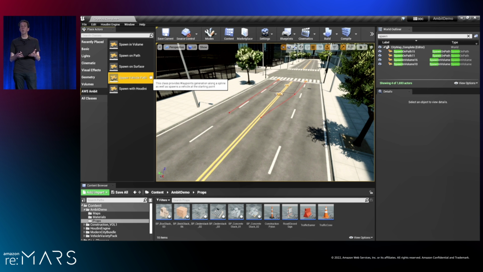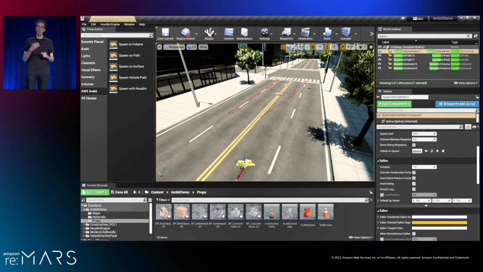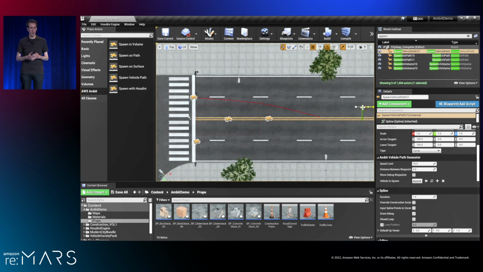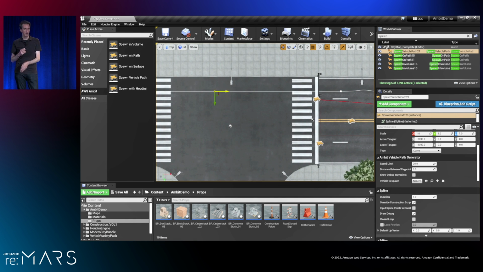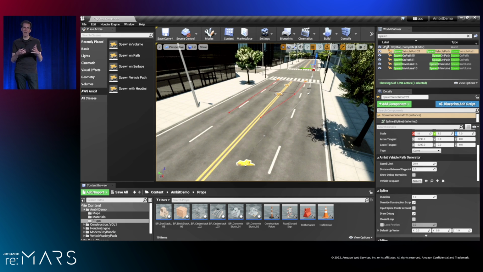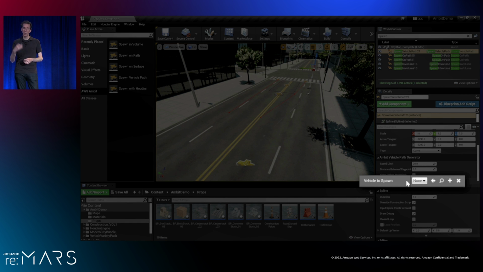So we wanted to make it really easy to create scripted traffic scenarios, and that's where the vehicle path tool comes in. So we're going to drop the vehicle path tool into our scene to add just a single vehicle that our hero vehicle has to contend with as it drives through. And we'll draw the path such that this vehicle merges and then passes on through the intersection. So a very simple example, but you can see how easy it is to script this vehicle motion here. We just need to tell it what vehicle we want to use in this scenario.